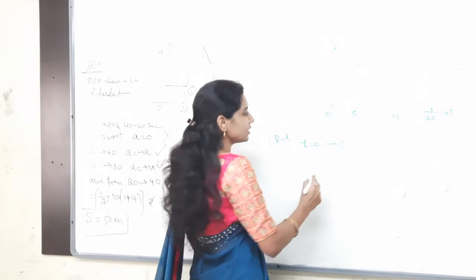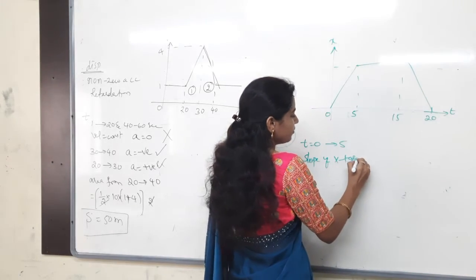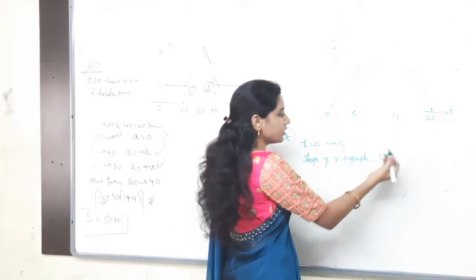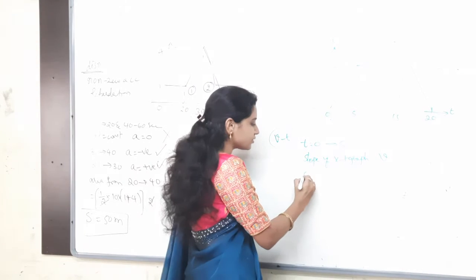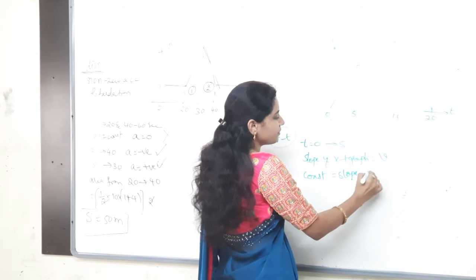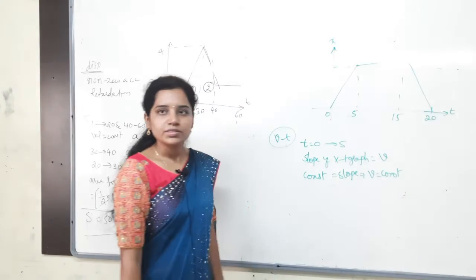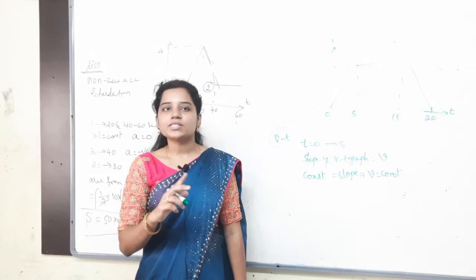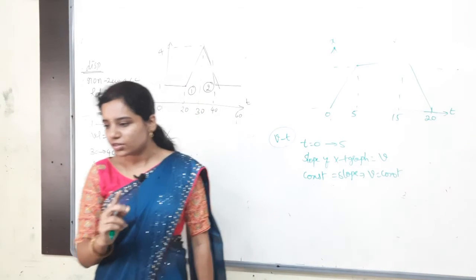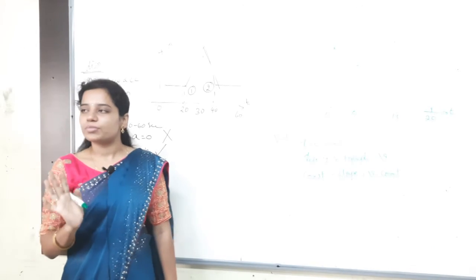Slope of xt graph is velocity, of course. Whenever x by t, nothing but velocity you will get. So constant slope or variable slope? Constant slope, nothing but velocity is constant indirectly. Check the options. Velocity is constant, I think in options 3 and 4. 3 and 4 or 2 and 4? 3 and 4. You understand? Either could be the answer.